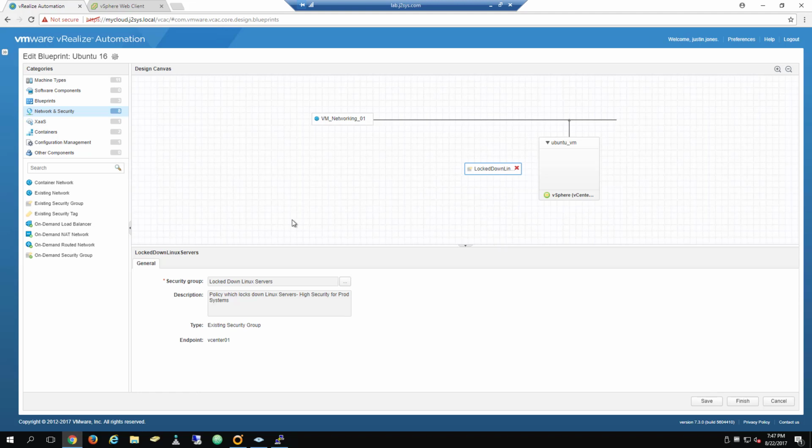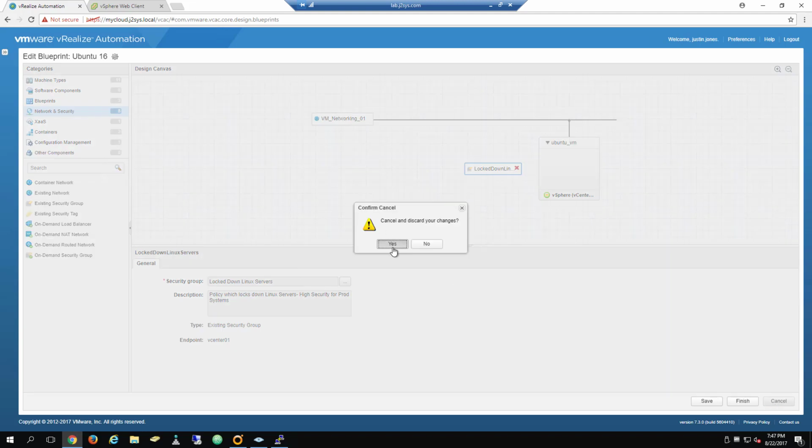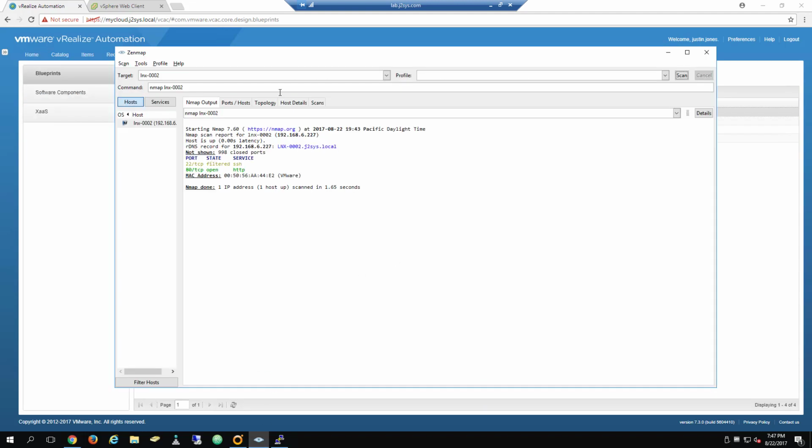It's a model policy which locks down Linux servers for high security, maybe for a production system. In this particular instance, it's a web server, so port 80 is open. Maybe you'd open 443 if you're supporting SSL traffic as well. That's how this blueprint works. We're going to actually go through the process of showing how you can extend this using vRealize Orchestrator to do some custom activities. So just to show you what this machine looks like right now from a network profile, we're